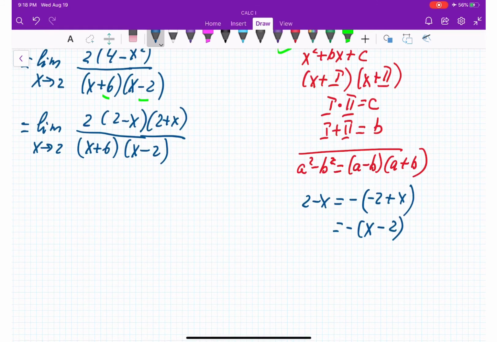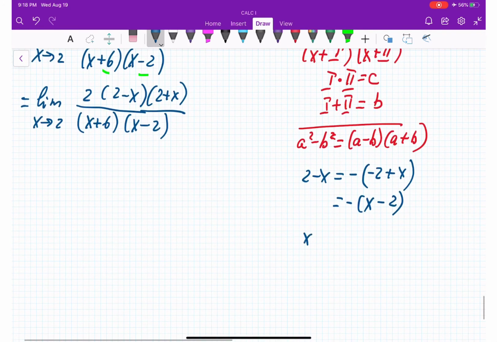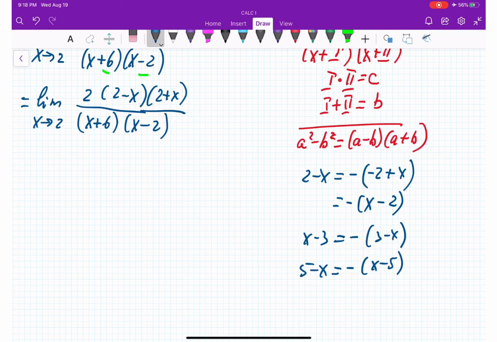So a shortcut to this is x minus 3 is equal to negative 3 minus x. 5 minus x is equal to negative x minus 5, and so on. You put a negative sign and flip these terms with positions and with signs, which means in this case we are going to have